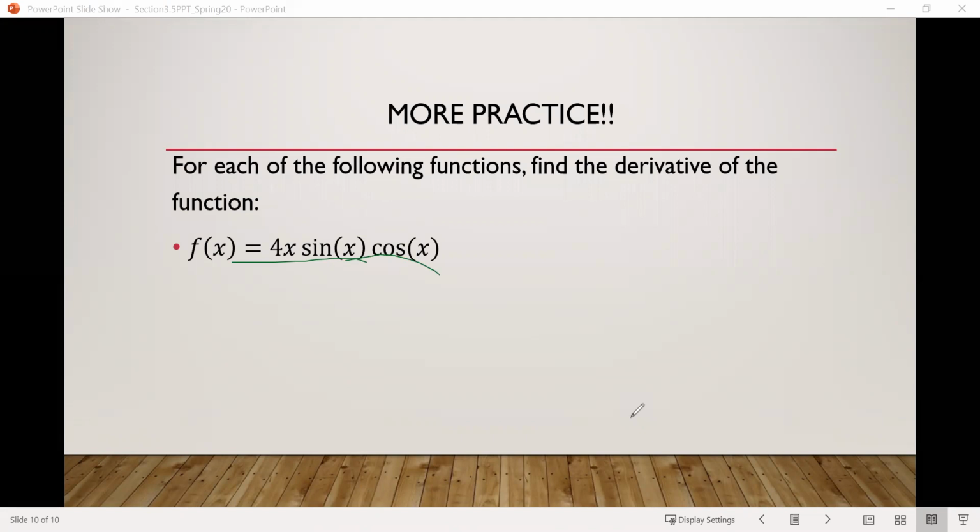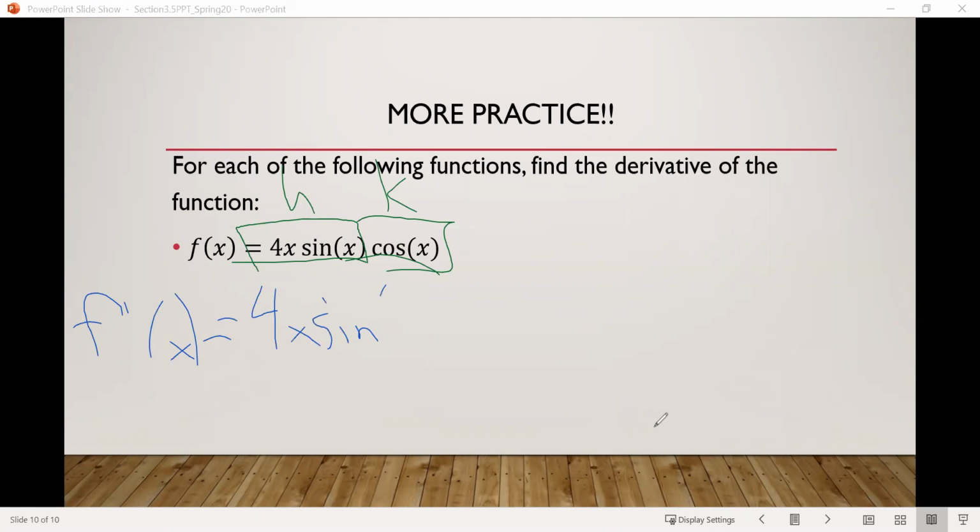Well, one thing we can do is still break this into 2 functions, just have one of our 2 functions be a couple combined. So I'm going to call this first function here, 4x sine of x, my h, and the cosine of x would be k. And then to find our derivative, f prime, well, we do h, which is 4x sine of x, times the derivative of k, which, the derivative of cosine of x is negative sine x,